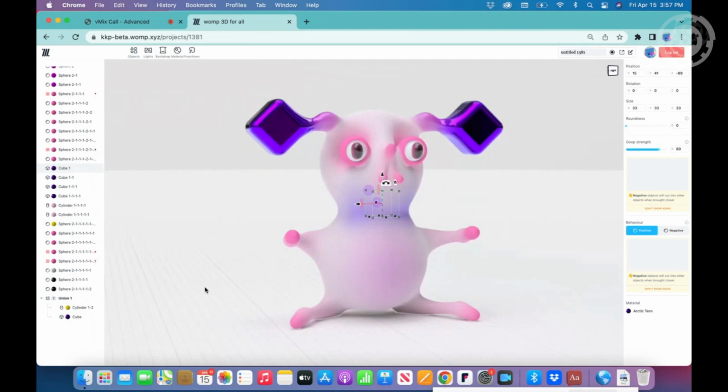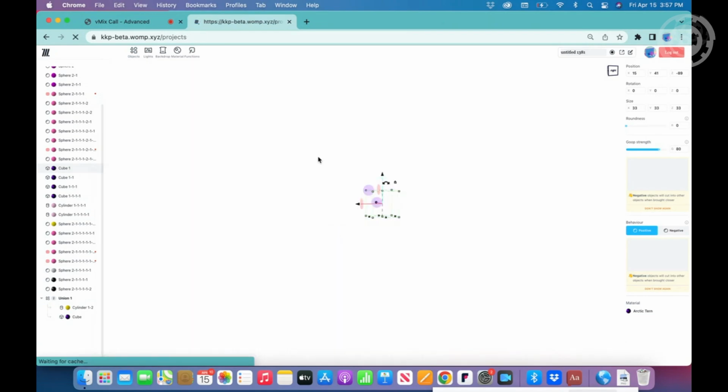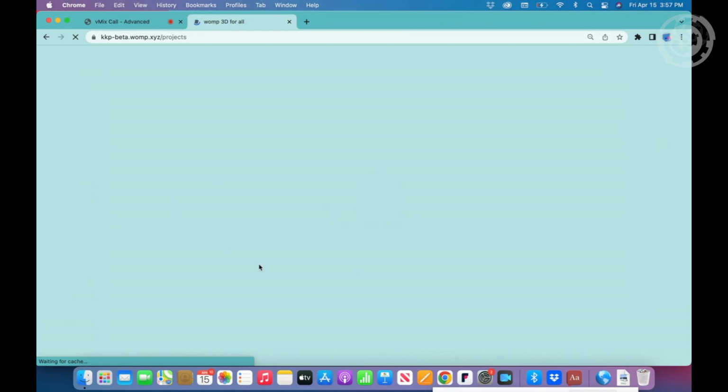For Womp, do you have examples of other styles of models it's capable of besides cartoony ones? I think I showed a really creepy face of myself a little bit ago. Let me see, what do I have that isn't cartoony? I think a lot of people have been making really cartoony stuff because the goopiness of the signed distance fields often makes it interesting.